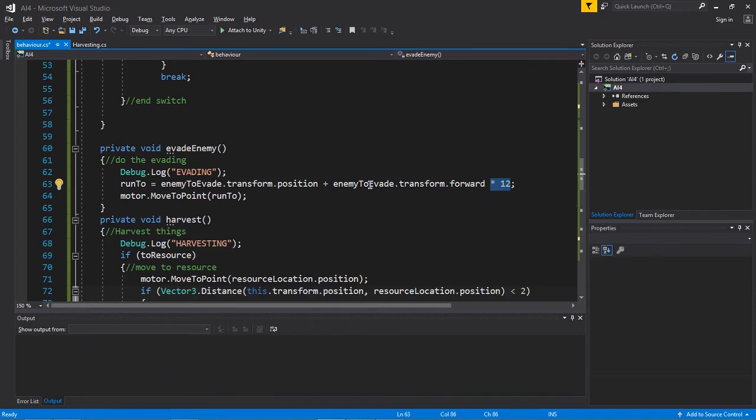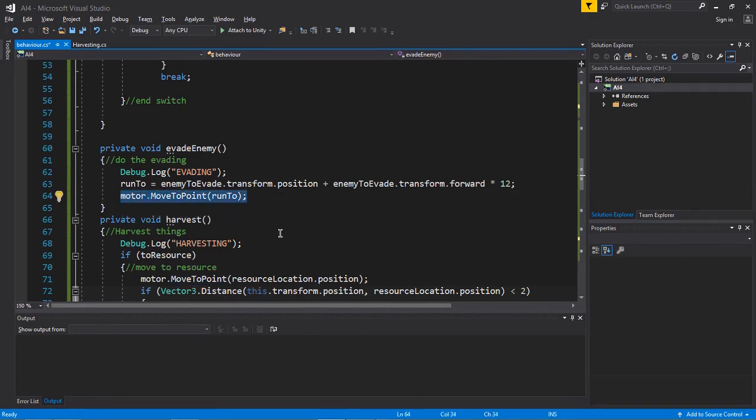So we just add a value to our enemy's forward transform and store that inside our run to variable, and then